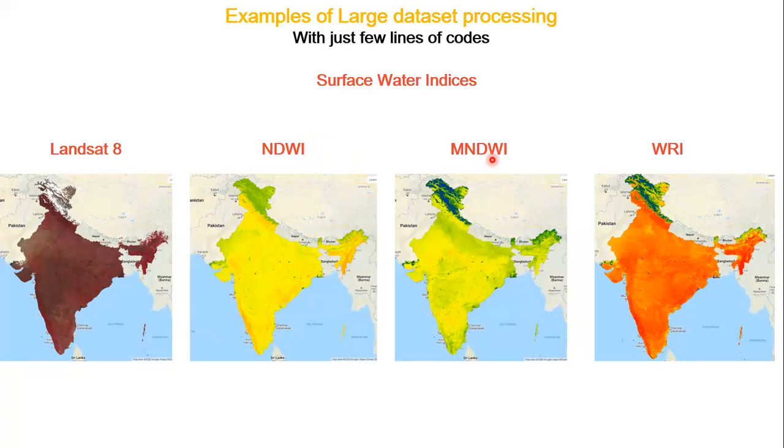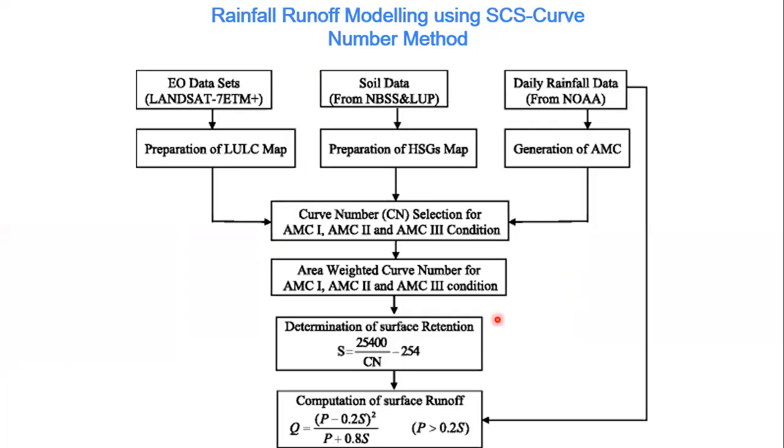And by just providing another shapefile, if you don't want to work on the whole of India and want to work on maybe another country, you just need to provide the shapefile of your area, and with a few clicks, a few lines of code, you can create this huge amount of data in just a few minutes. So these are very much the advantages when you're working on huge data sets.